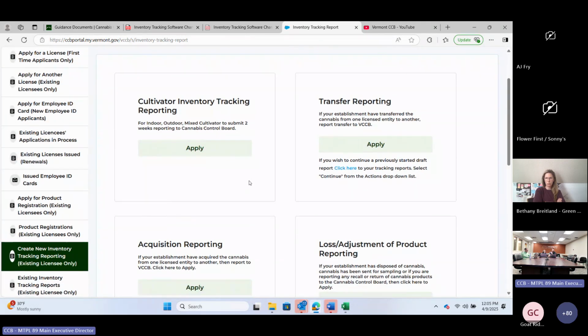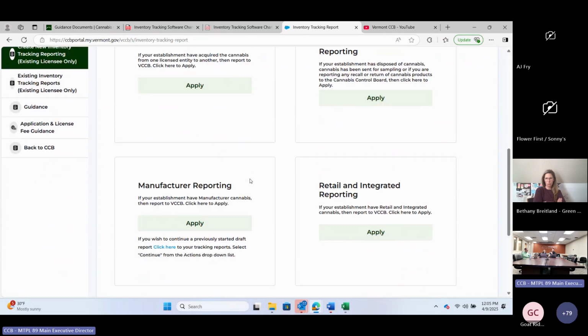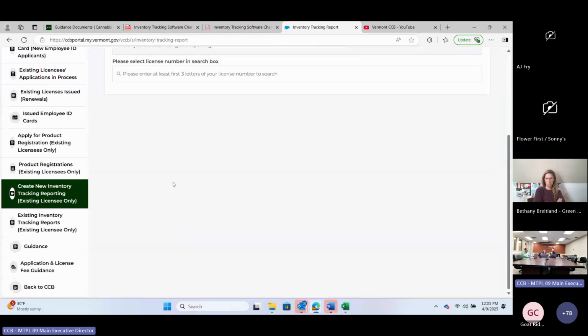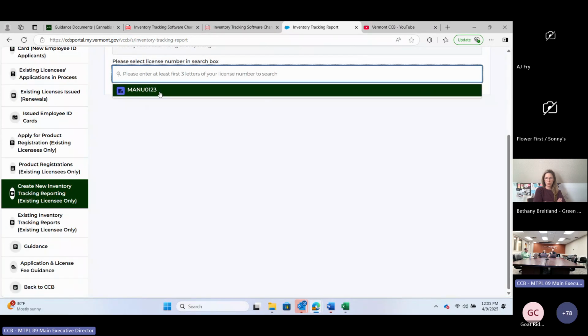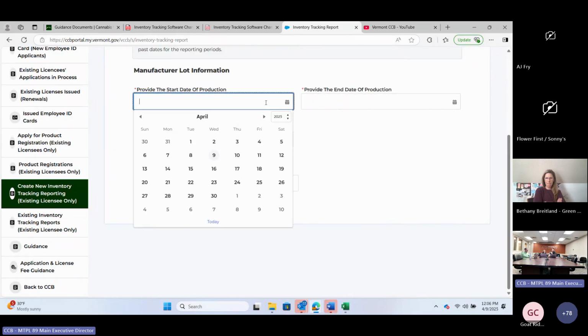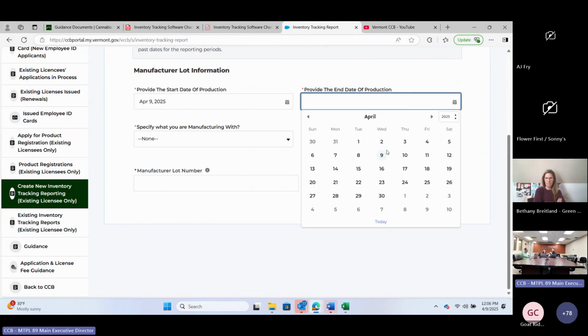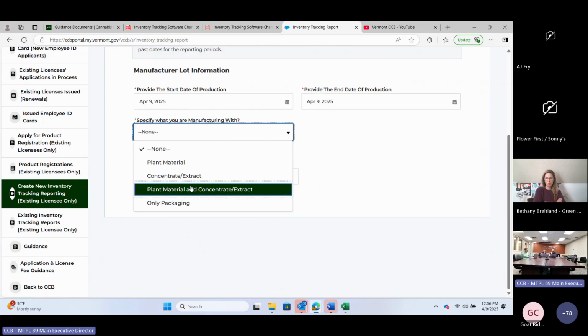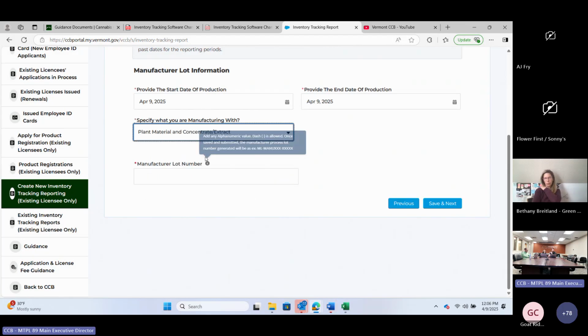And we go to manufacturer reporting. We select our license. Next. Again, we're going to select our dates of production. And now we're going to select this plant material and concentrate extract option. So this is going to require us to put in both a harvest process lot and a manufacturing process lot in this reporting. And for this case, we are going to name this product